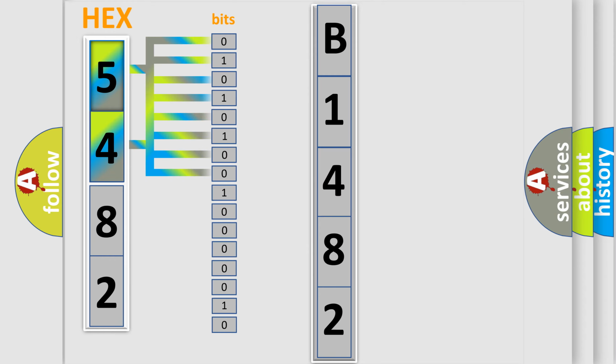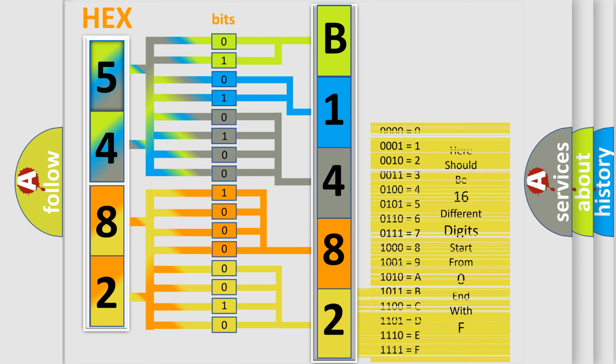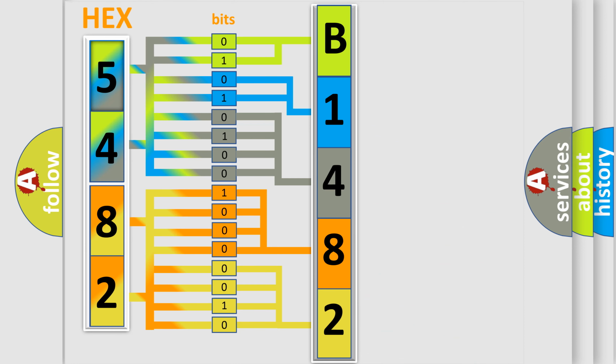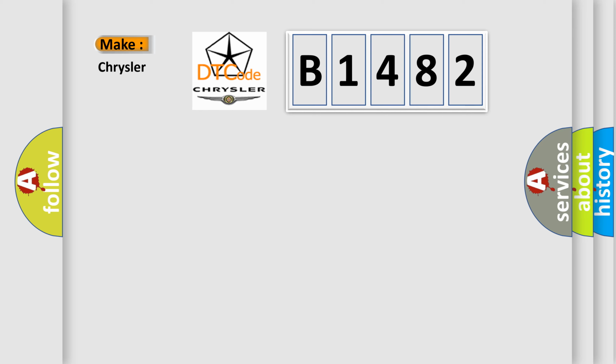The second byte is composed of a combination of 8 bits. The first 4 bits determine the fourth character of the code, and the combination of the last 4 bits defines the fifth character. A single byte conceals 256 possible combinations. We now know in what way the diagnostic tool translates the received information into a more comprehensible format. The number itself does not make sense to us if we cannot assign information to what it actually expresses. So, what does the Diagnostic Trouble Code